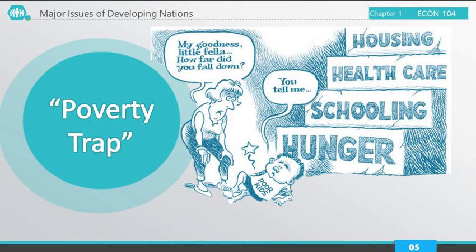May mga major issues po on why countries or nations cannot definitely enjoy or don't have the process of development. Kasi po, nagkakaroon sila ng tinatawag na poverty trap. Hindi na sila makaalis. No? Bakit hindi sila makaalis? Okay? Marami pong factors yan. Depende po kasi yan kung isang bansa ka, anong klaseng government meron kayo, diba? Anong klaseng society ang meron kayo. So, ayan.